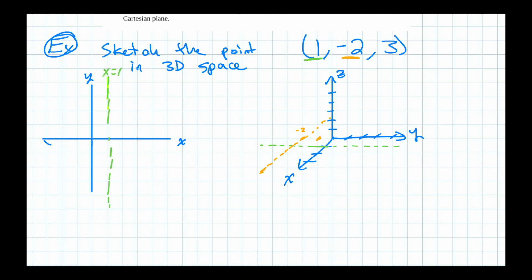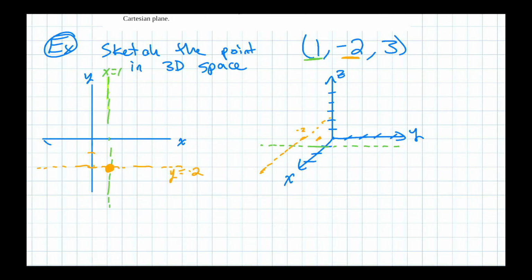And then if you were trying to draw y equals -2, you would find y equals -2 down here, and that line would be parallel to the x-axis, right? And then the intersection there, that's your point. Well, the same thing's happening here, but in three dimensions, it's harder to realize. So this is your x equals 1. This is your y equals -2, right? 1, 2 on the y-axis, and then make sure you draw this line parallel to this line. And then the intersection there,